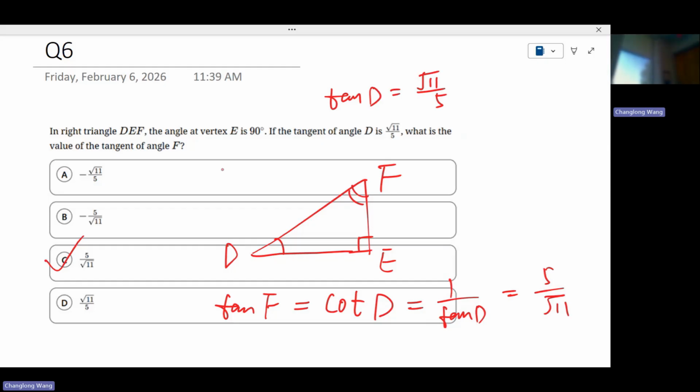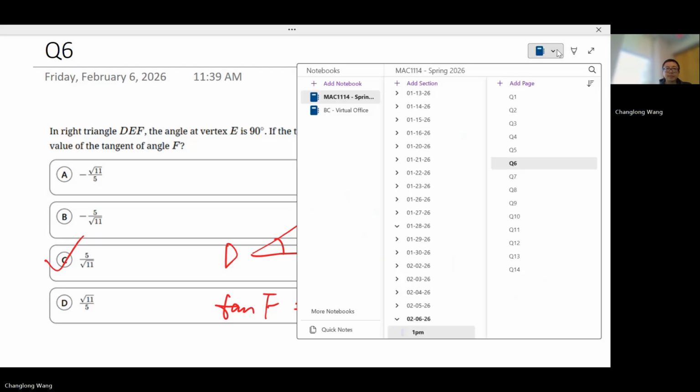You guys remember when sometimes the question asks you to rationalize the denominator, I said you don't have to. The SAT problem sometimes has the radical on the denominator. I'll say rationalizing the denominator is one of those silly things that ask students to do for no reason. Anyway, now